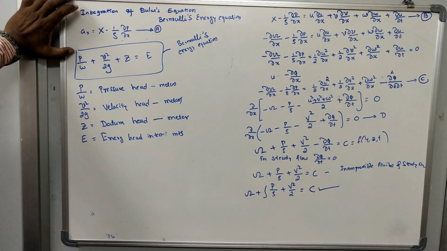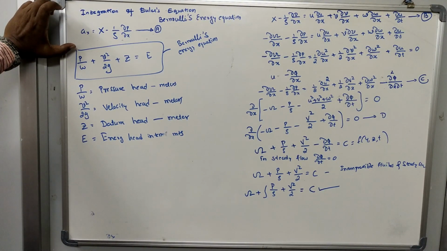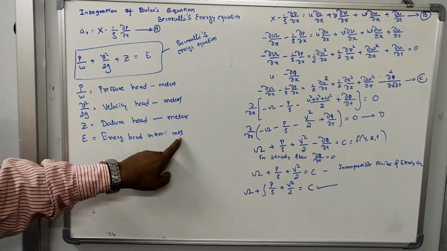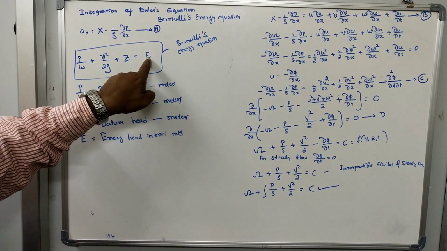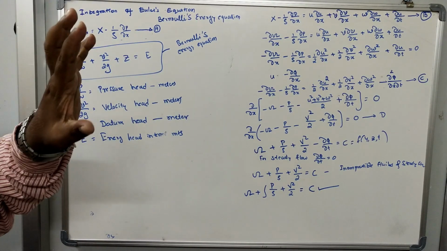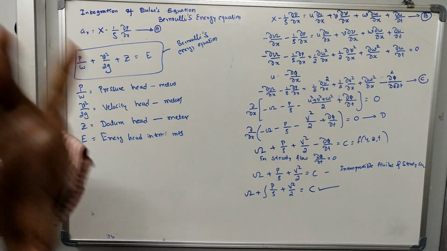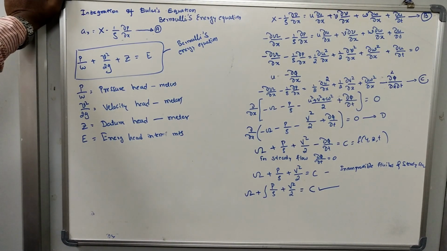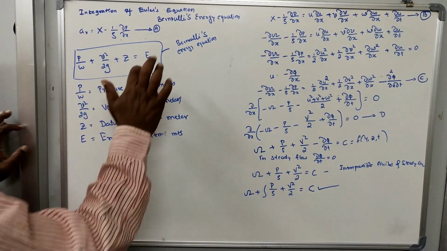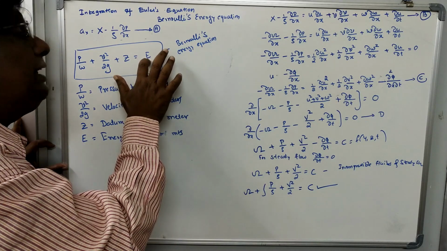See students, please observe the equation, Bernoulli's energy equation. Why are we calling this an energy equation, when we are getting the dimension of every term in meters? E in terms of meters is the energy head. It is nothing but the energy head, not energy. Once you get the energy head, you convert that into energy, because the dimension of energy is joules. But here we are getting E in terms of meters. It is nothing but the energy head,